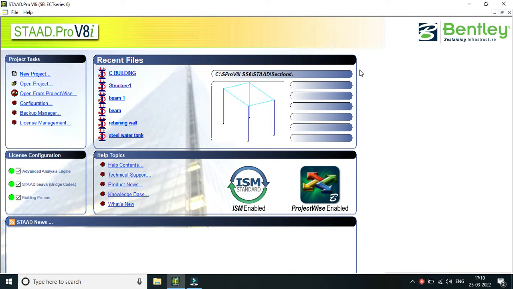We will be discussing how to draw the G+5 building with a two-way slab. Okay, so for that,